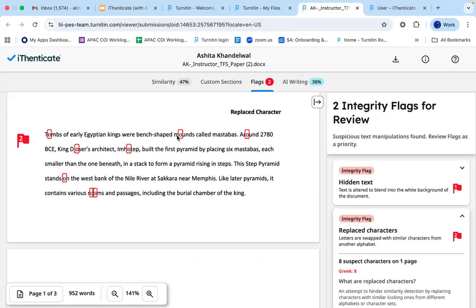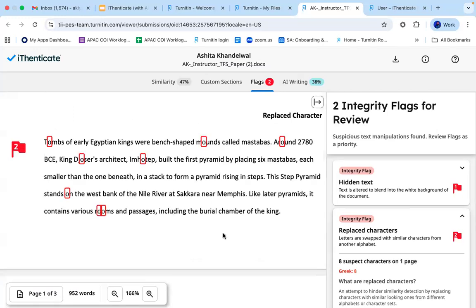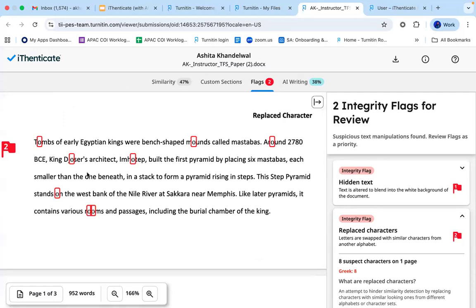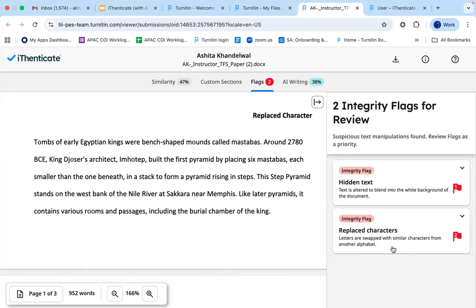For example, the O's that have been highlighted over here are actually not the English letter O. It's a Greek character that looks exactly like an O. Such similar characters can be replaced purposely or, as I said, unintentionally if you're copying from an unverified source, and they can be seen in the flag section. So if you see any flags in the paper, it's always recommended that you analyze and check them. If required, you can change and remove them.